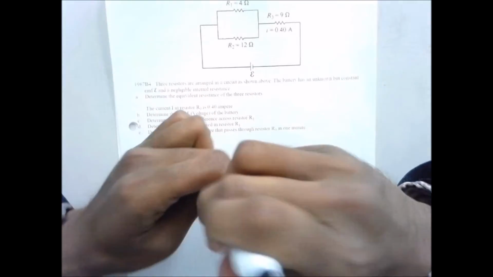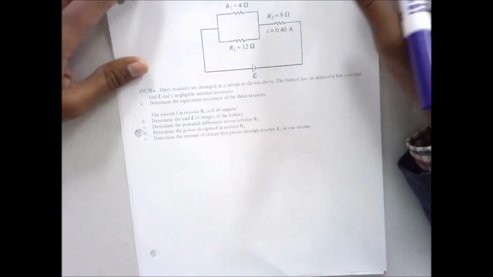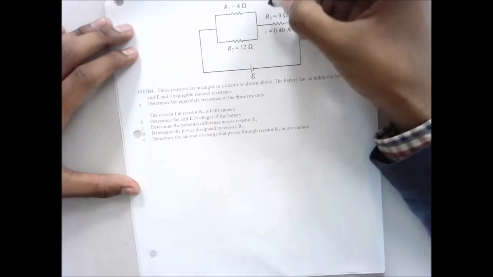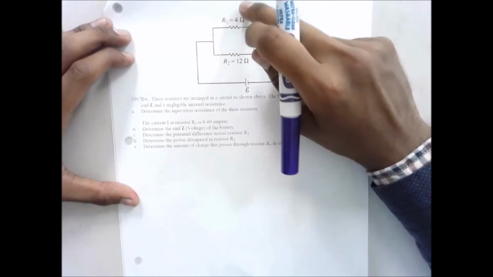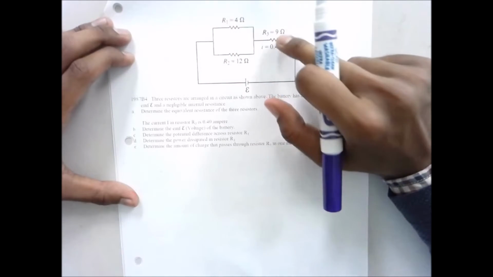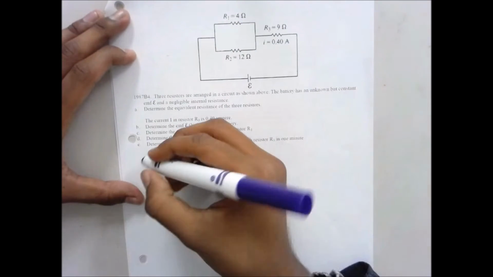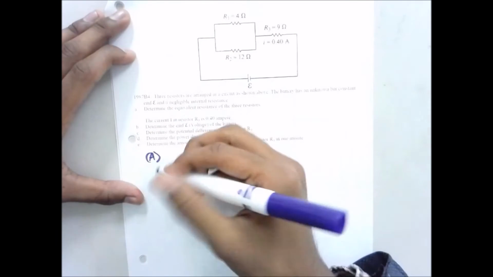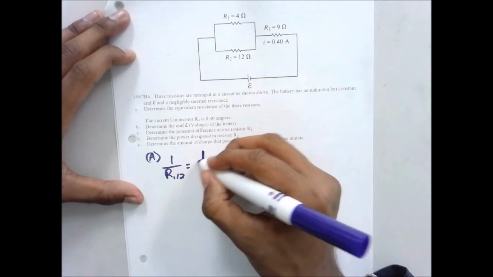Alright, final question on this test. We have a somewhat complex circuit. Now, we want to figure out what the equivalent resistance is of the three resistors. First off, we have some resistance here that's going to add to whatever resistance we have over here. We have to add these two resistors in parallel, figure out what that resistance is, and then add it in series to the resistor here to figure out the equivalent resistance for the overall circuit. So let's start off by figuring out what the combination of R1 and R2 is. Because we're adding these resistors in